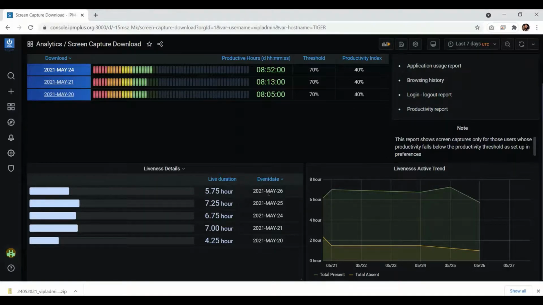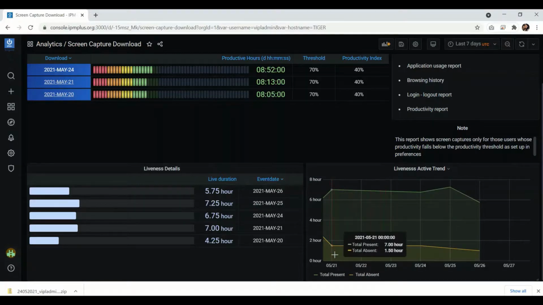So on 26th, the user was available in front of the system for 5.75 hours, and on 25th he was available for 7.25 hours. Each day, whenever the productivity index falls below the threshold for the past day, the liveliness check begins automatically, and we can also visualize the total present and absent hours in this particular graph.